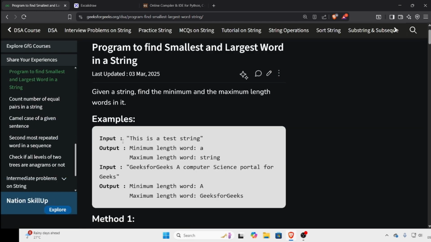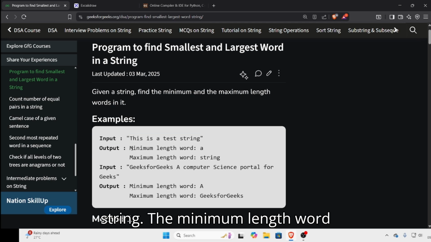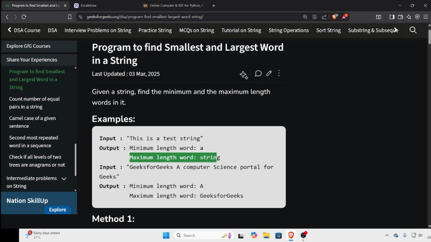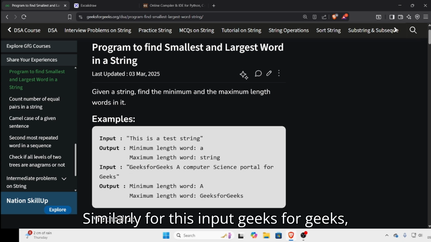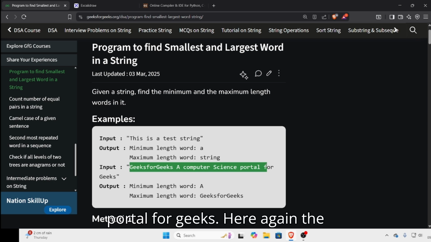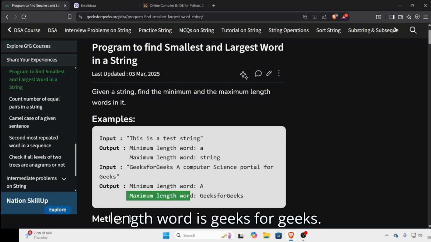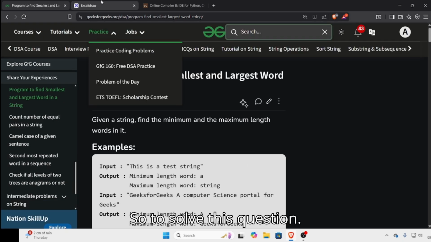Suppose this is the input string, this is a test string. The minimum length word is A, that is of 1 character, and the maximum length word is string, that is of 6 characters. Similarly, for this input, GeeksforGeeks, a computer science portal for geeks, again the minimum length word is A, that is of 1 character, and the maximum length word is GeeksforGeeks. So to solve this question,